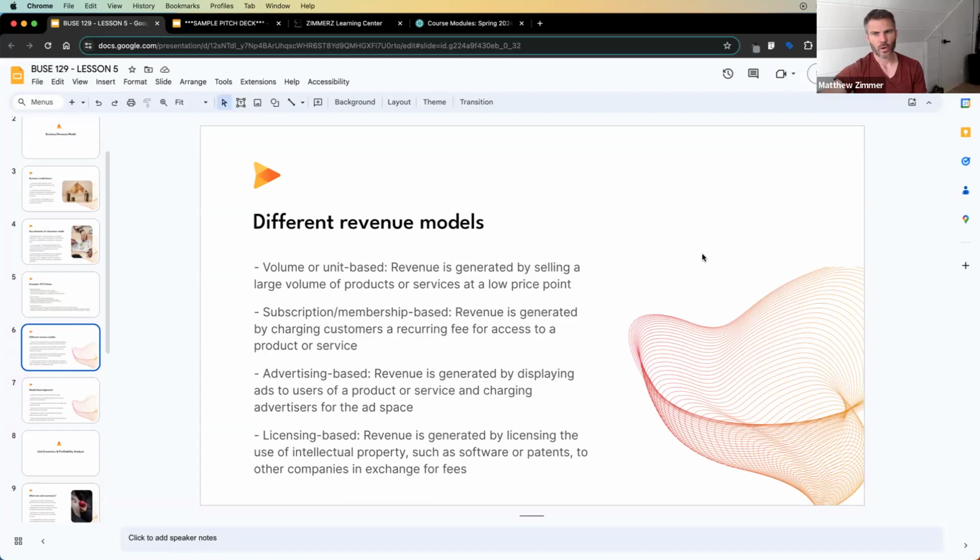Okay, so there's a lot of different types of revenue models. These are just a few of maybe the base ones, but we'll go through these, and then maybe a few more will come to mind. Obviously we've got just our standard pricing of here's my good, buy it from me, right? So a very simple transaction, a unit based